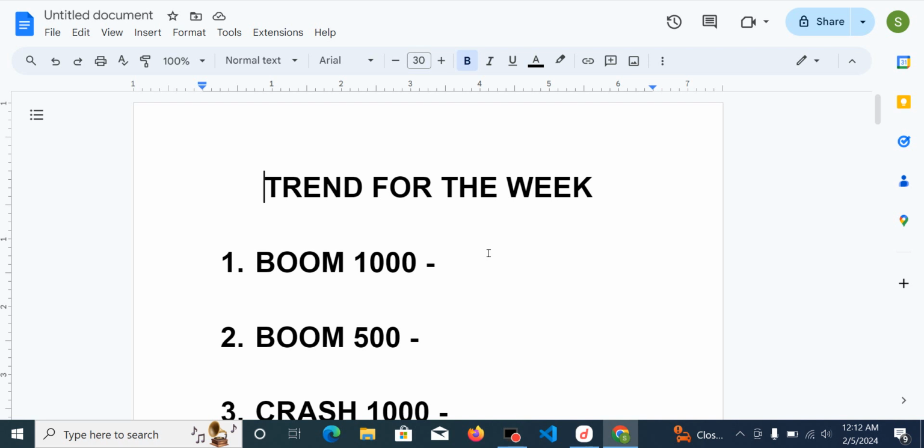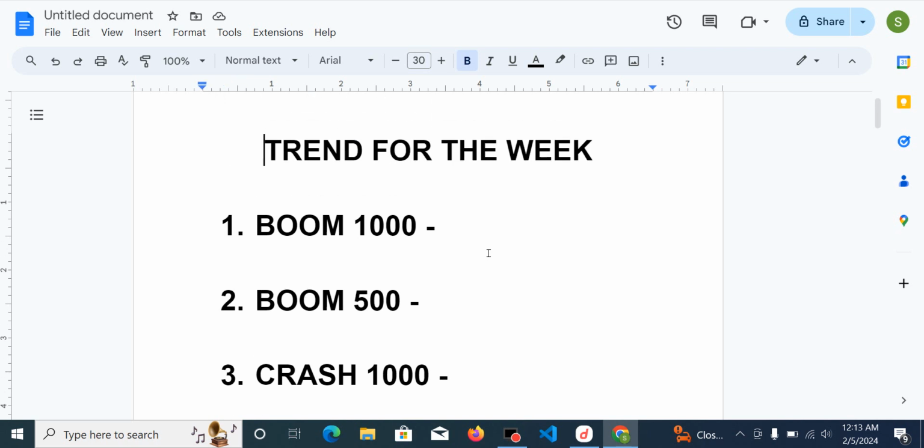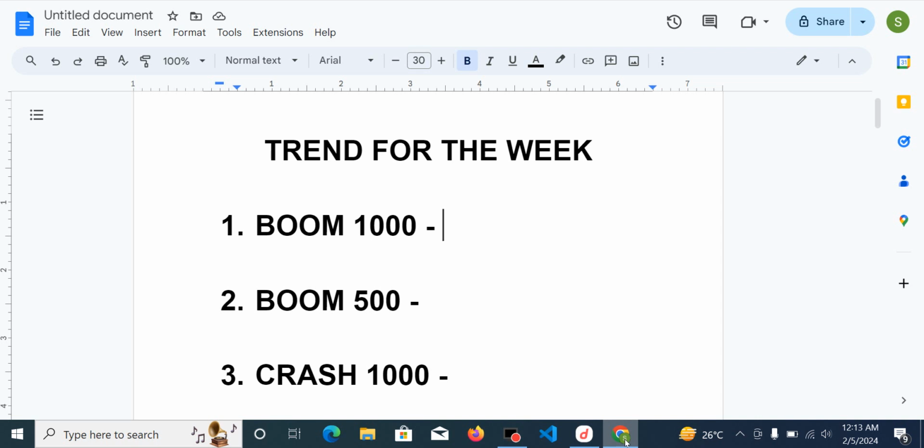So guys, these are the assets that we'll be checking out. Remember, we'll be doing it on the higher time frame, so you should be able to balance between the higher time frame and the lower time frame in order for you to get a positive result. This is very important, because any little pullback on the higher time frame can be a major reversal on the lower time frame. So guys, quickly let's head on to the charts right away and see what the market will be giving to us this week.